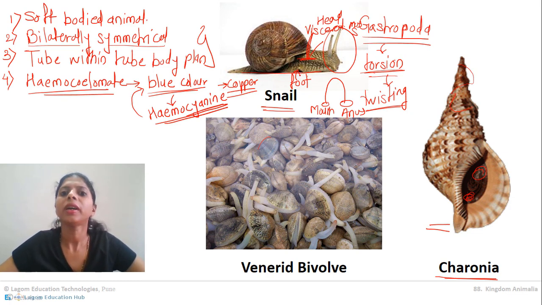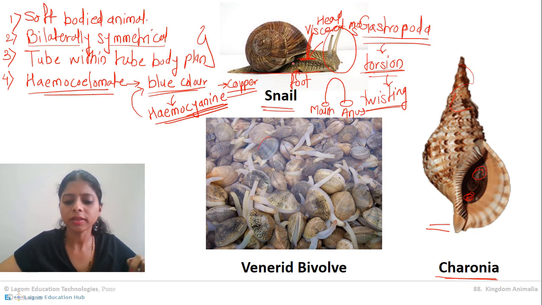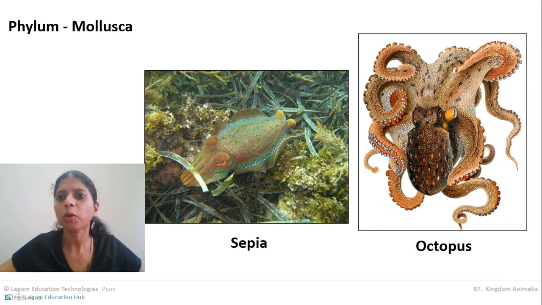Understanding? Now their functions are very clear. In the head, obviously sense organs are located. In snail we can see antenna, as well as eyes located in the head region. The foot helps in locomotion. In octopus, the foot is modified into tentacles. In sepia, the foot is modified into tentacles as well as this swimming structure.